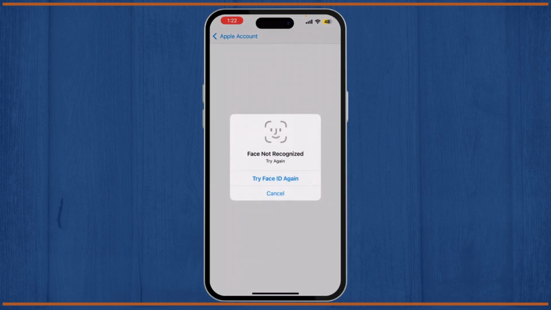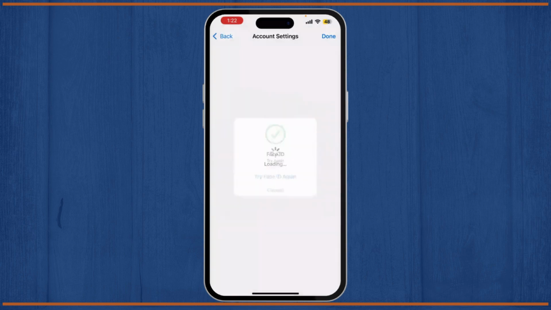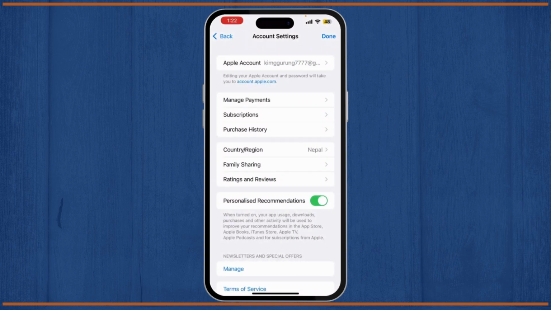You might be asked to sign in or enter your Apple ID password or use Face ID. Simply do that. Once you're signed in and tapped on View Account, here you can see an option that says Country and Region. This will show the country your Apple ID is currently set to. Simply tap on Change Country or Region,